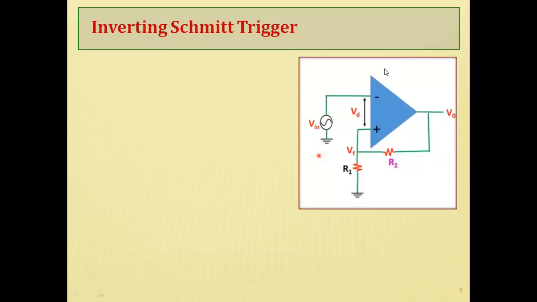This is a circuit diagram of the inverting Schmitt trigger. It is called an inverting Schmitt trigger because the input is applied to the inverting terminal. And observe here, we have taken the positive feedback for this inverting Schmitt trigger. Two resistors are used in the feedback network. The voltage at this point, I call it VF. VF indicates the reference voltage, and the voltage available at this point is Vin. So if we take VD, VD will be the difference between the two voltages. We can write it as VF minus Vin. This is about the circuit diagram of the Schmitt trigger.